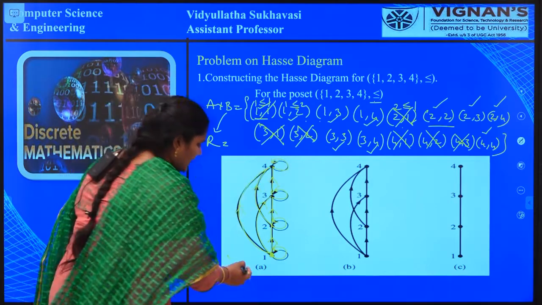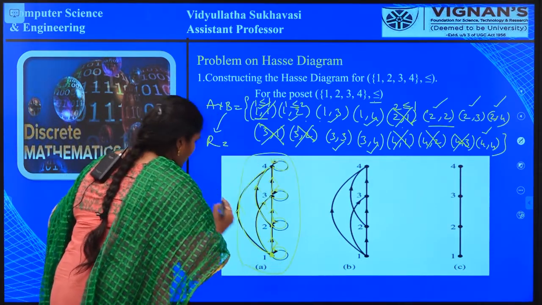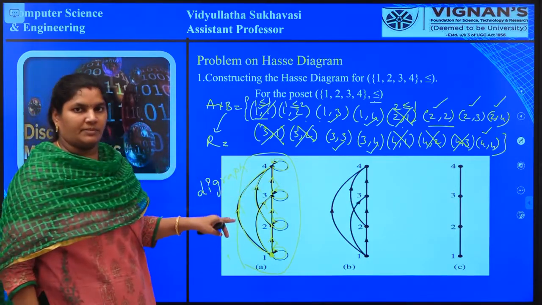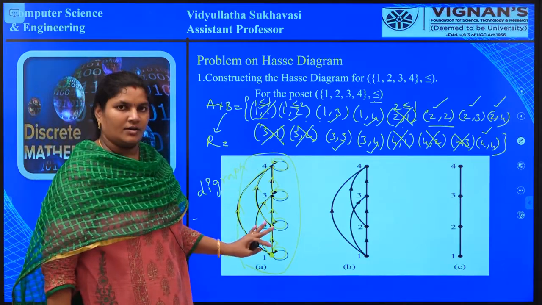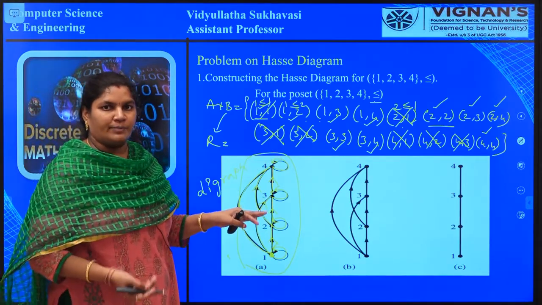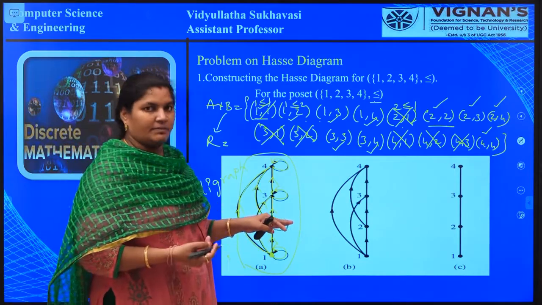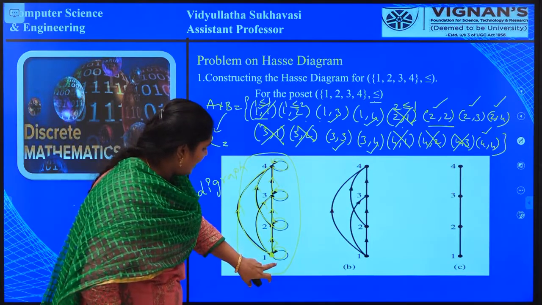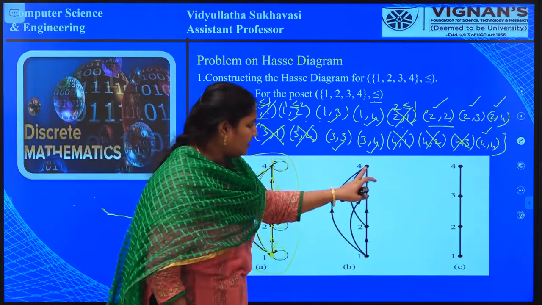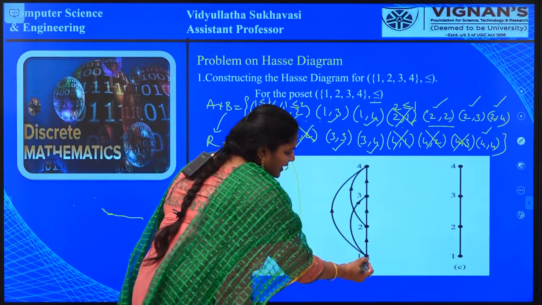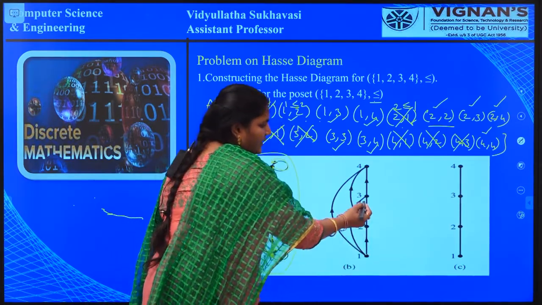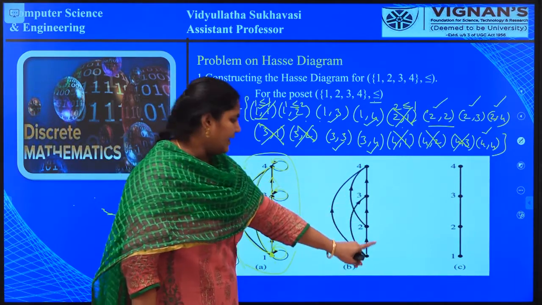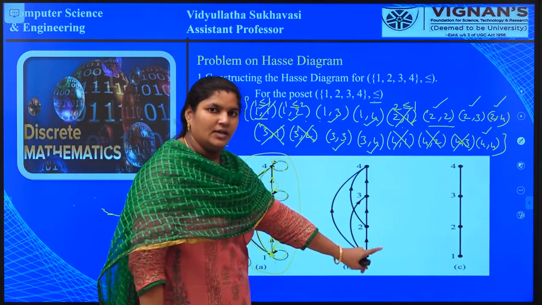That means it is the same as a digraph, that is, a directed graph. So this is the first step: we have drawn a directed graph for the relation R. What is the second step? We need to remove all the reflexive ordered pairs, that means we need to remove the self loops here. Wherever we have self loops at 1, 2, 3, 4, we remove those self loops and represent a dark dot. Whenever we represent dots like this in a partial order relation like a Hasse diagram, it represents that it has a loop.